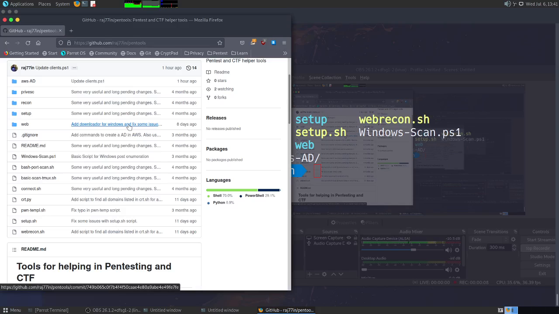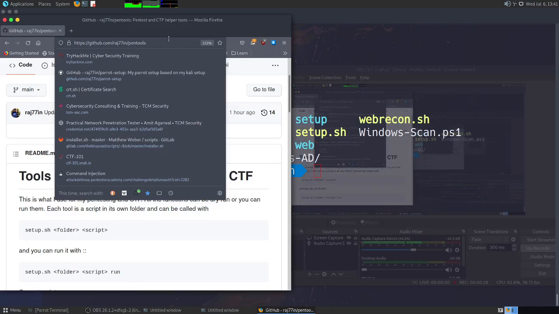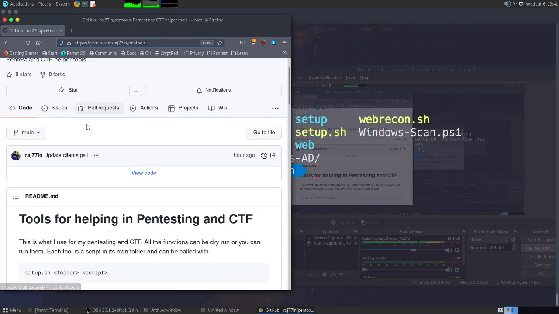Record the whole thing, but I'll show you what the script is capable of doing and what you can do with it. Okay. So first off, if you want to try this, you can get it from github.com rat77 in pendults. This is the folder where all the scripts that we are going to talk about today are present. We are especially going to look into